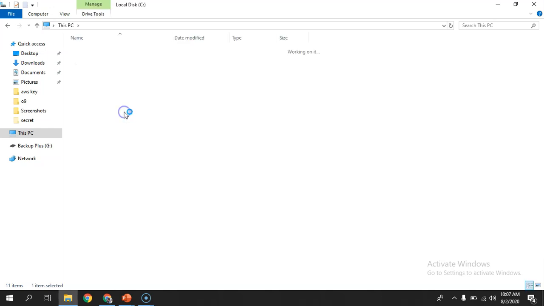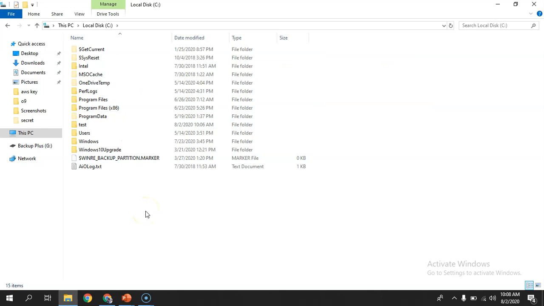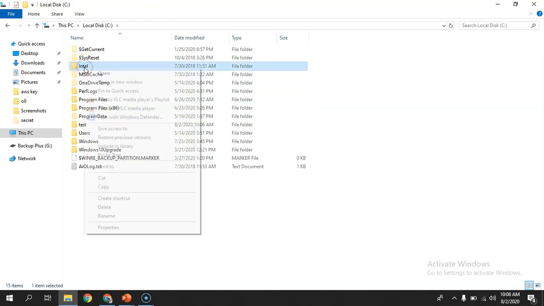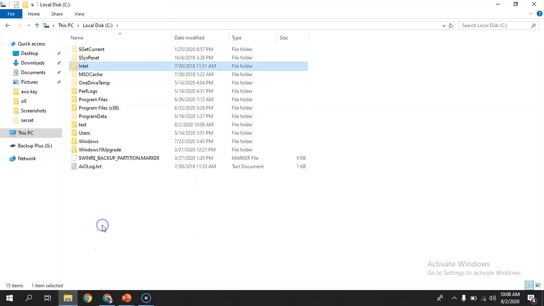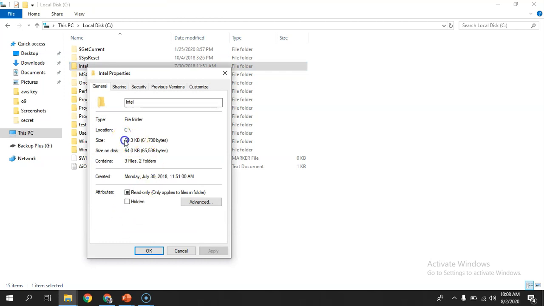So let me go inside. We can see there are a lot of folders in this drive, but we do not really know which folder is having those files which are causing this high disk space, right? Now there is one way. We can right click on the folder and see how much disk space it is taking, right?